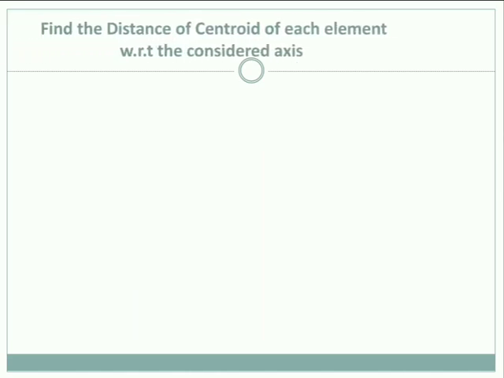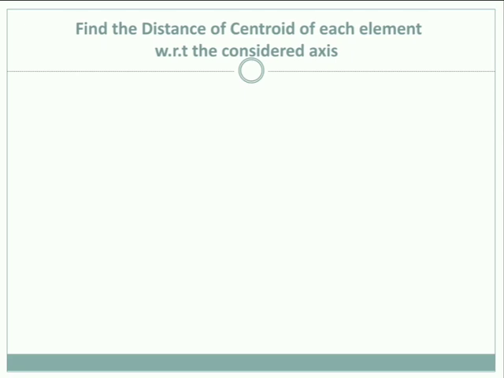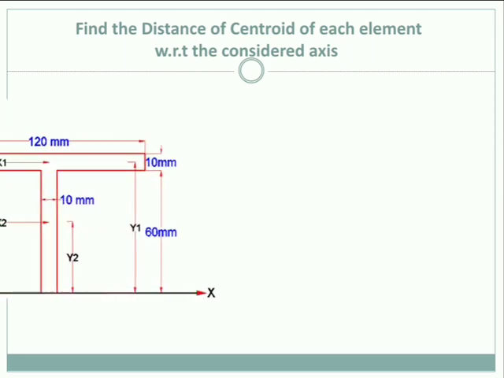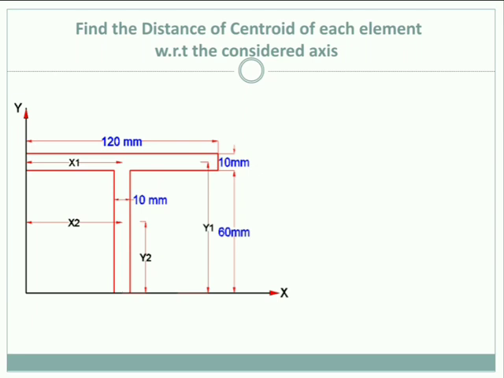Now next step is to find the distance of the centroid of each element with respect to the considered axis. So our axis which we have considered is x and y. What we want to obtain now is the centroidal distance of each element with respect to the considered axis, that is, now x1. What is x1? Centroid of the first rectangle. Okay, centroidal distance of the first rectangle with respect to the vertical axis is x1, with respect to the horizontal axis is